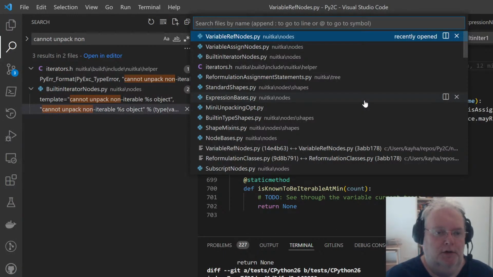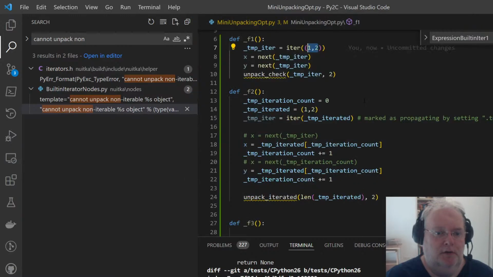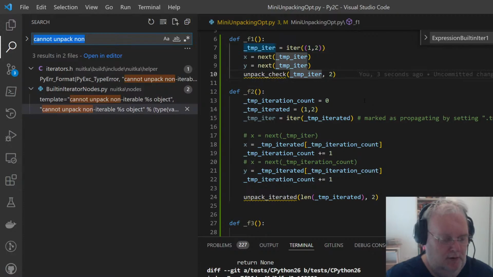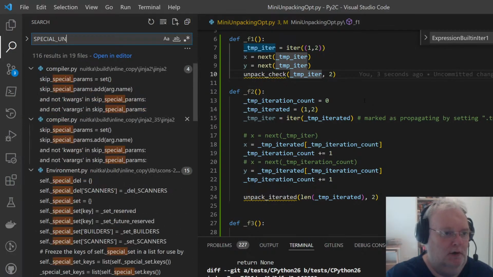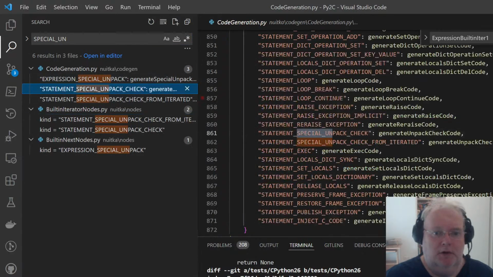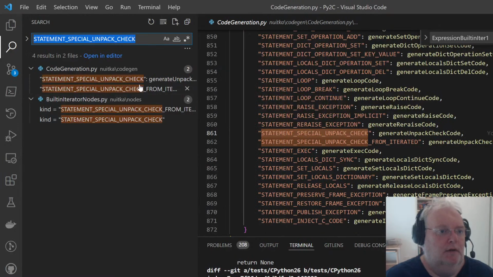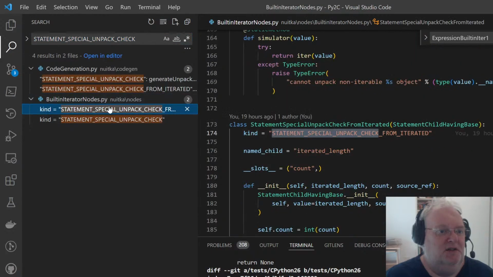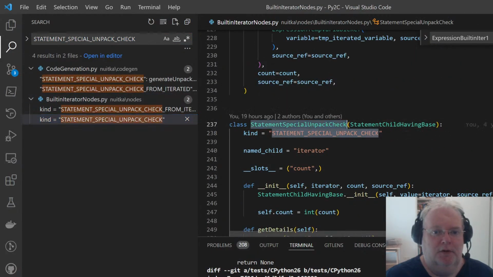I actually forget where the check lives. It's a special unpack check something. Special unpack check from iterated. That's the new one. So still need both. So this is the old node.